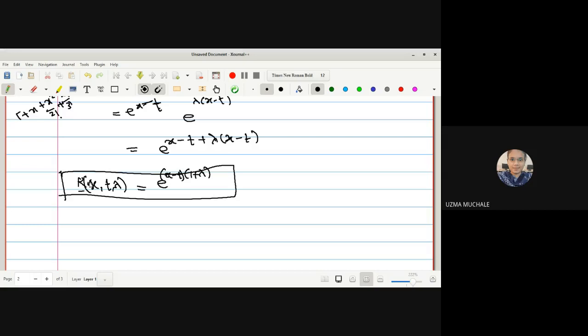Now let us solve the examples by using the resolvent kernel. Using the resolvent kernel, we have to solve the integral equation. Just now I took two examples of how to find the resolvent kernel. Now we will see how to find the solution of a Volterra integral equation with the help of a resolvent kernel. Okay. So you can write down the heading as: solution of Volterra integral equation with the help of a resolvent kernel.